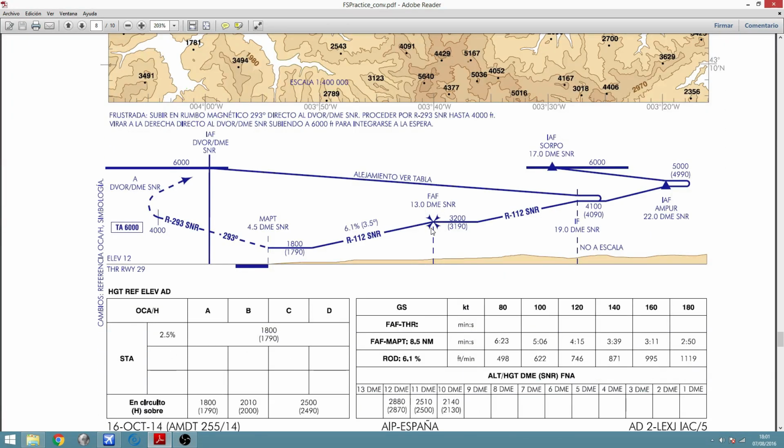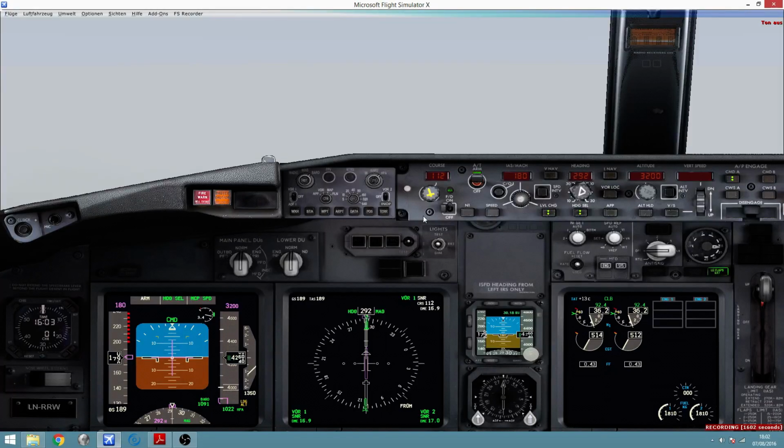All right, and once at 13 miles out, I will have to continue using this chart, meaning that for a speed of about 140 knots, I will have to descend at a rate of about 900 feet per minute, more or less, giving me a slope of 3.5 degrees, down to 1,800. All right, good. So I can now continue decreasing my speed to 140. 145 says the checklist, gear down, flaps down, F8, and